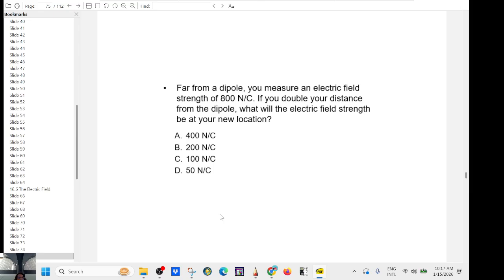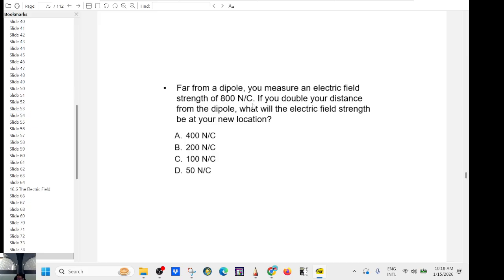So if I ask you a conceptual question, you have a dipole, so the electric field from a dipole. By the way, the unit for a dipole is Coulomb meters, because charge is in Coulomb and the distance is in meters. So you have an electric field which is 800 Newton per Coulomb. So it will experience a force of 800 Newton if you place 1 Coulomb of charge. So far away,